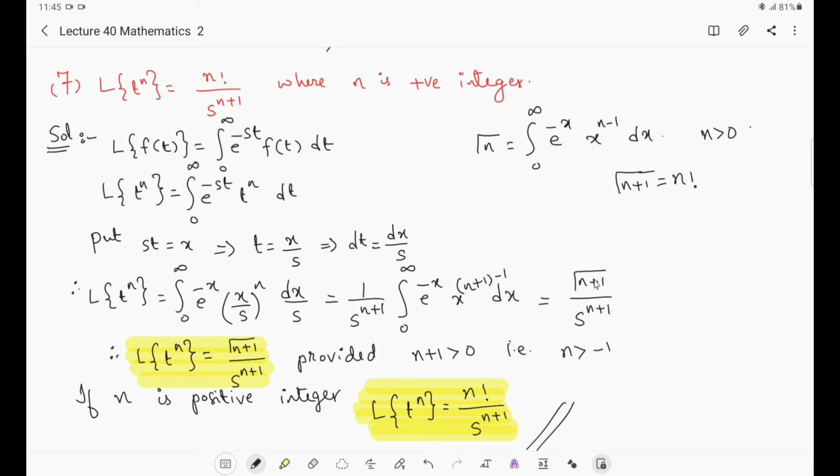So these are the things that we have discussed in today's class. First we defined the Laplace transform, then we saw the linearity property of the Laplace transform, then we found nearly 8 formulae for standard functions like 1, e power at, sin at, cos at, sin h at, cos h at, then t power n. By using these formulae we are going to solve various problems in the next class. That will be discussed in the next class.